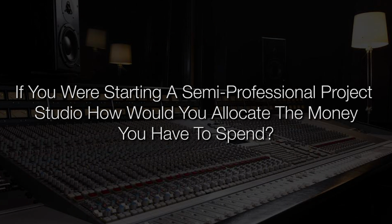If you were starting a semi-professional project studio from scratch, how would you allocate the money you have to spend? I'd have to ask a question to answer a question. Are you an instrumentalist? Do you play instruments? Some studios, like professional studios I've worked in, don't have any gear outside of recording gear. Yes, very true. They may have a bass amp stuck away somewhere. They might have a guitar head or stuff. But believe it or not, many professional recording studios are just rooms, incredible live rooms, with incredible control rooms, with